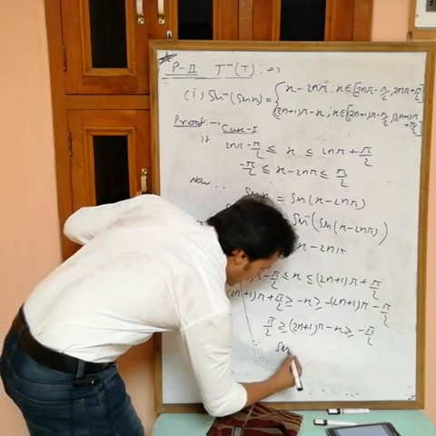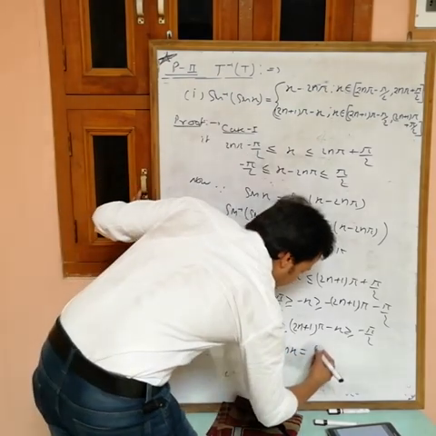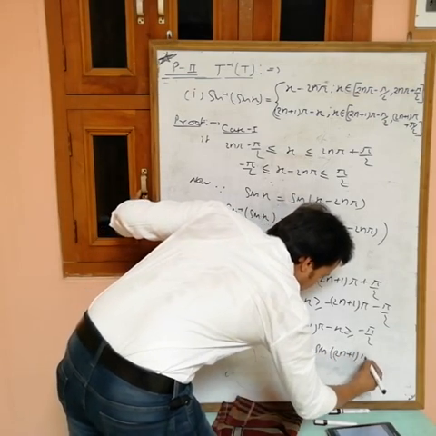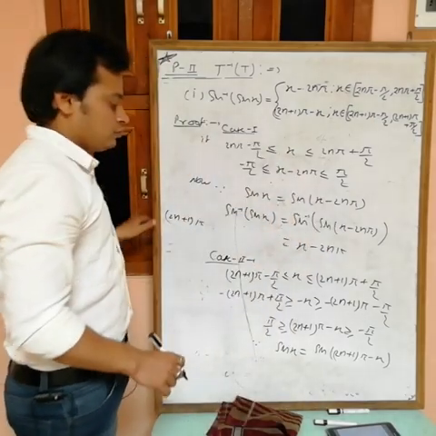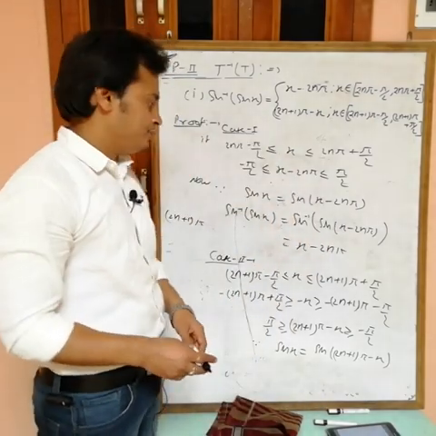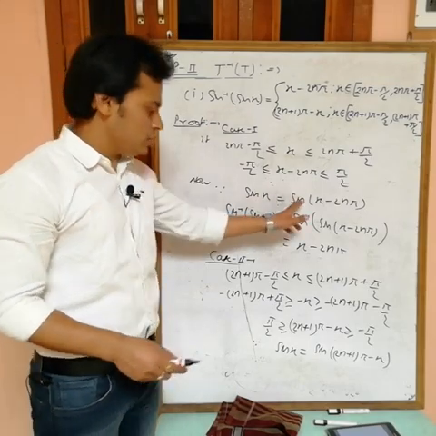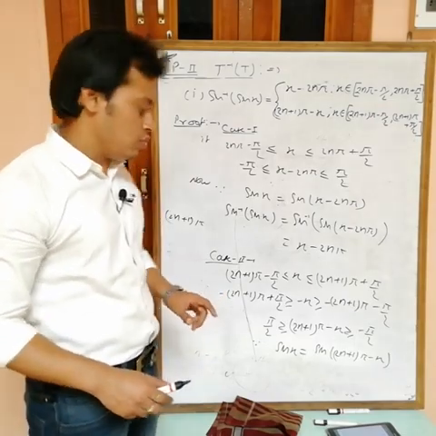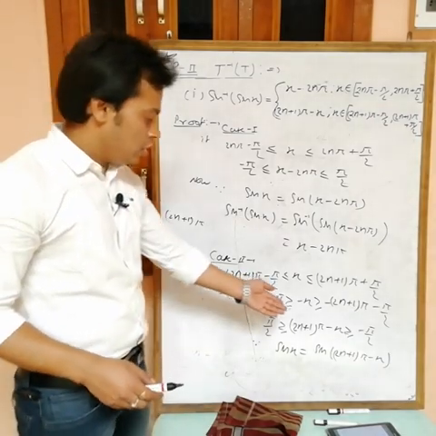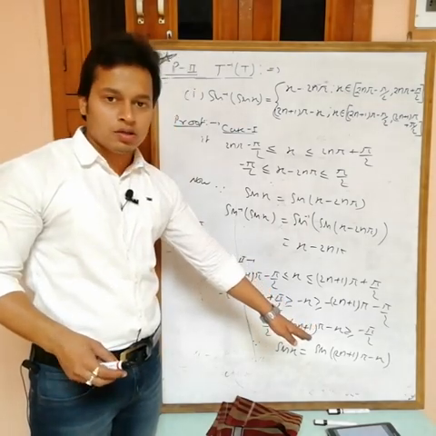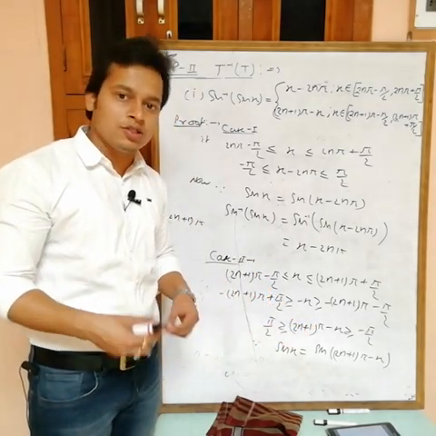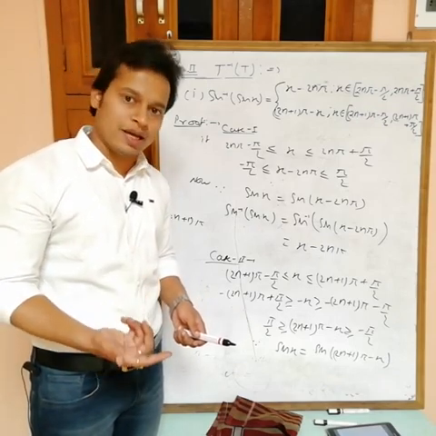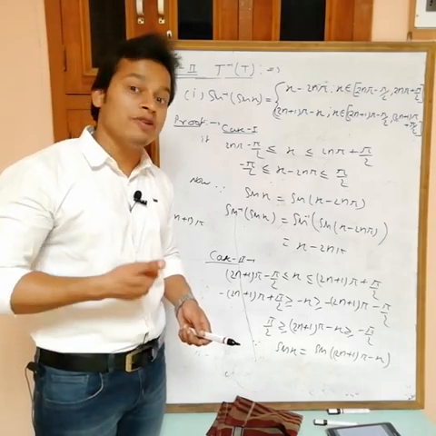Now can I say that sine x equals sine of (2n plus 1) pi minus x? Both are equal or not? Sine x equals this one and this one both. I am taking this one because in the second part we have (2n plus 1) pi minus x. How can I say? That is simple. This is an odd multiple of pi. Sine of odd multiple of pi minus x is always equal to sine x. See, sine pi minus x, sine x. Sine 3 pi minus x, sine x. Sine 5 pi minus x, sine x. Sine 7 pi minus x, sine x.